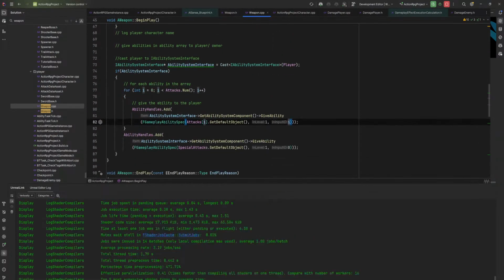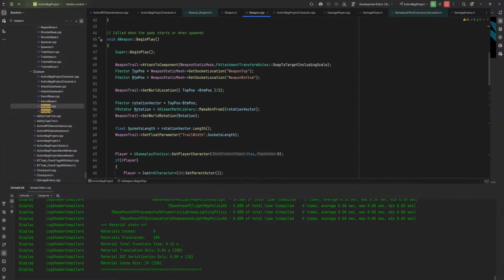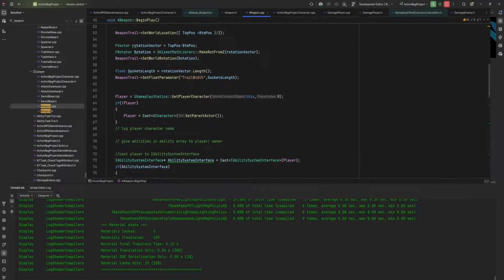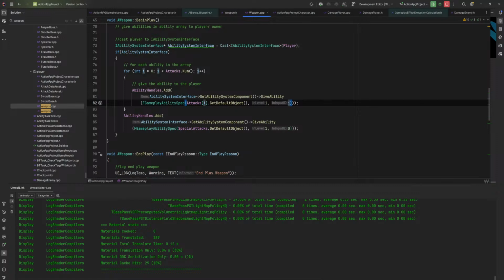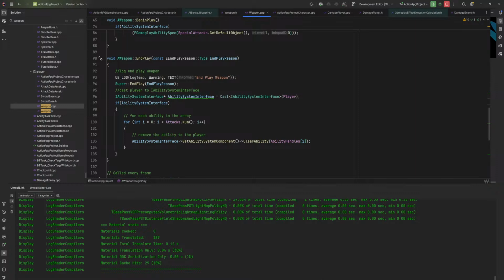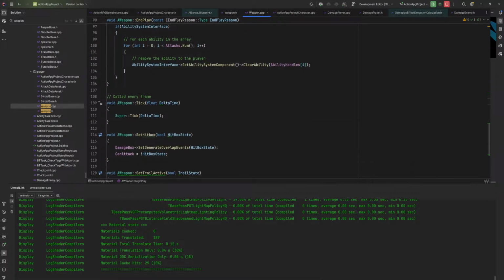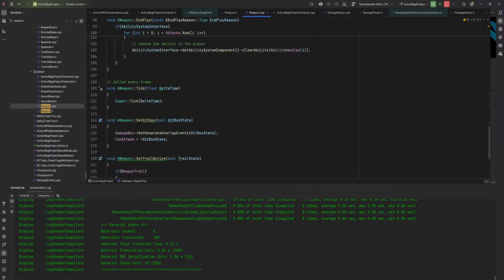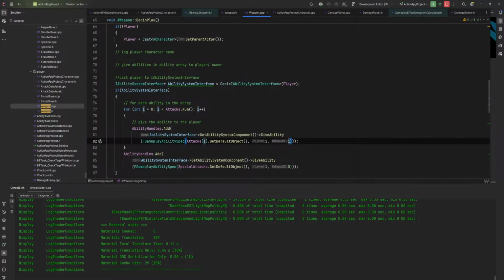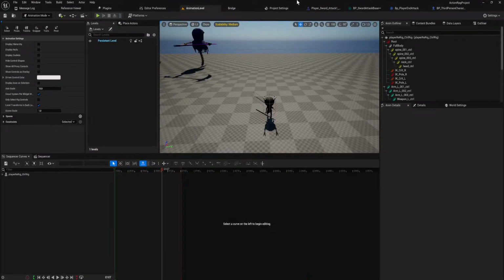Wait, why does it even give the special ability? Why did it have the special ability for a weapon it wasn't even wielding as well? Am I just giving these manually?